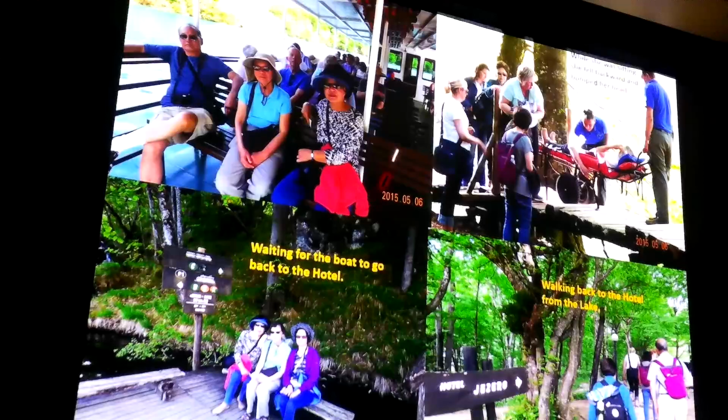Okay, this is a picture showing we are taking the boat right from one end of the lake to the other to look at the other area. While we were sitting around resting, this lady fell backwards and bumped her head. So they called the paramedic and took her somewhere, I don't know where, but finally she was okay. And then